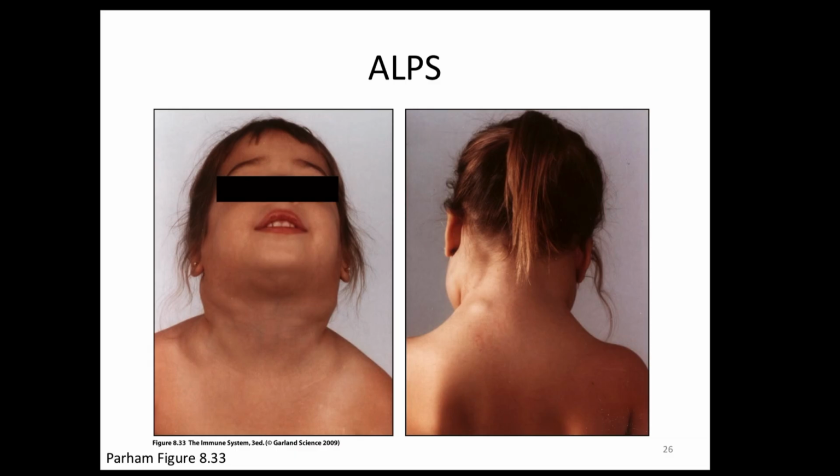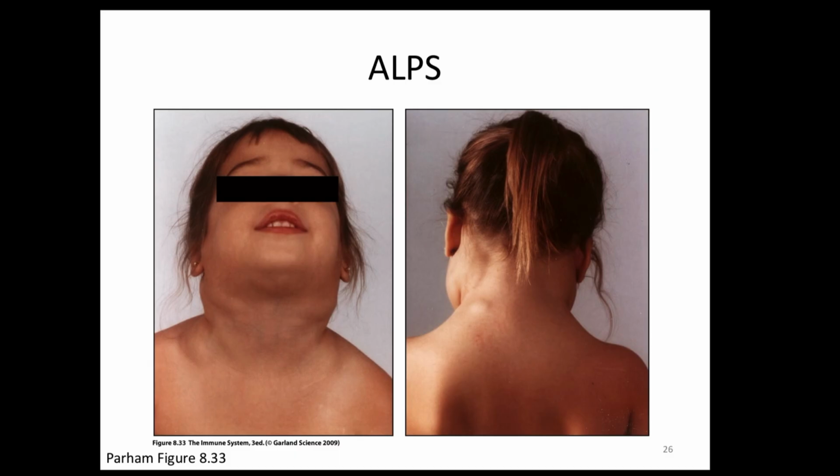So patients with ALPS, one of the things about them is they actually have giant swollen lymph nodes that you can just see normally on a random day walking around. It's hard to see the way the lighting is here, but here is a lymph node in this little girl that's just there all the time. She's got another one here. She's got the lymph nodes right here. Super swollen. Her lymph nodes are basically swollen all the time because her cells are never